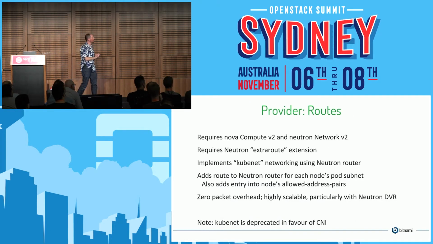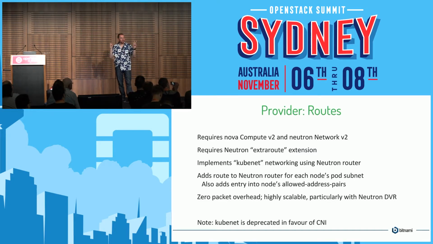This one I really like, but no one knows about. Routes. There is a feature in Kubernetes called KubeNet networking. This implements pod-to-pod networking within Kubernetes itself. So it does address allocation within Kubernetes. The subnet allocated for each host is just made up by Kubernetes within a larger subnet. And then it uses KubeNet to set up the routing between hosts.